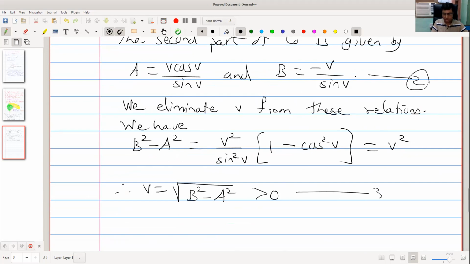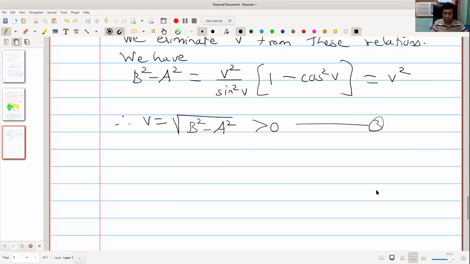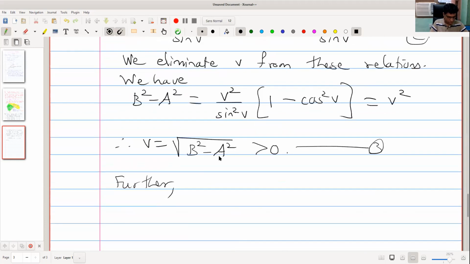And this relation as 3. Further, so there is another value, that is